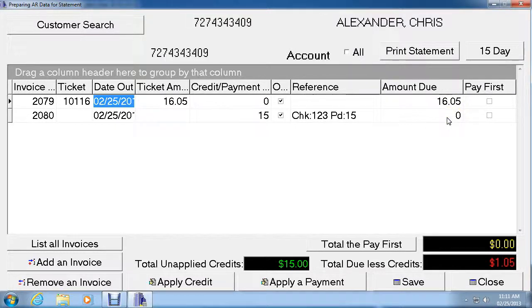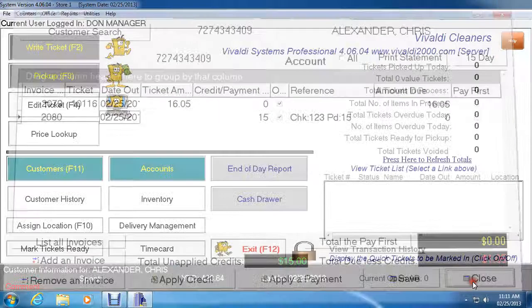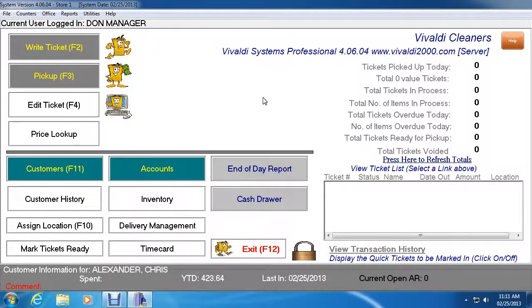The last thing is you have the ability to run a 15-day report if that's what your store does. Once you're done, click Save and Close, which we'll do right now, and this will take you back to the main menu. Okay, so at the end of the month, the most important thing to remember in Vivaldi is that